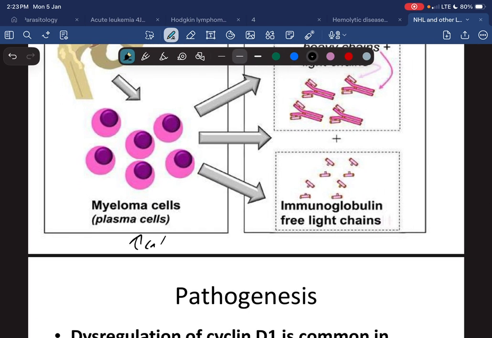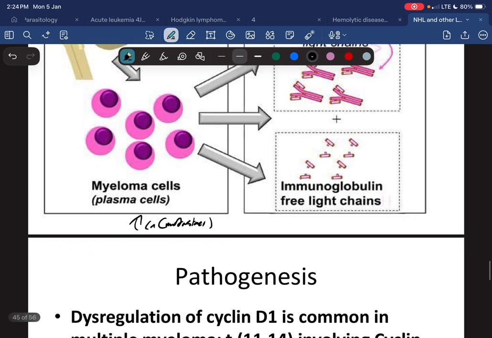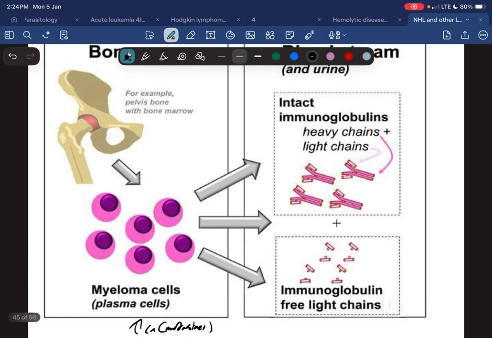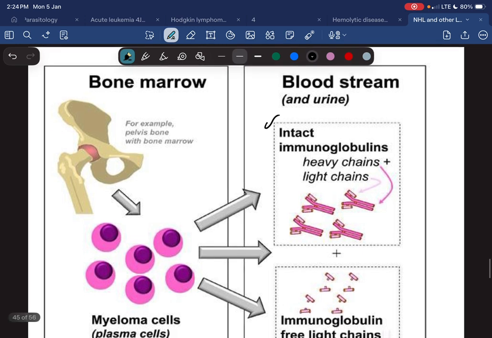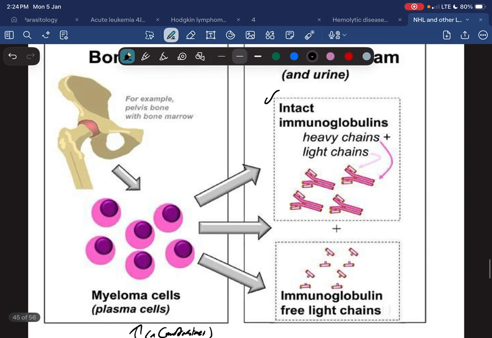The patient will present with anemia. The patient also may present with what? We have immunoglobulin production, but these immunoglobulins are pathologic, not normal, so the patient will have increased susceptibility to infection. Clinically, the patient will have bony lytic lesions, hypercalcemia, increased risk of infection,